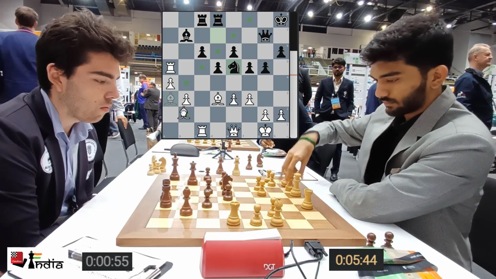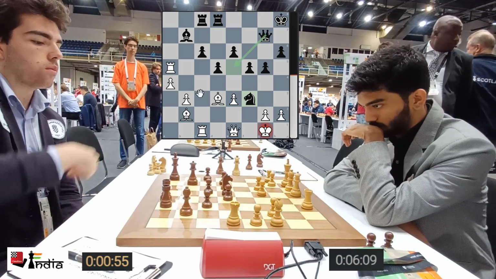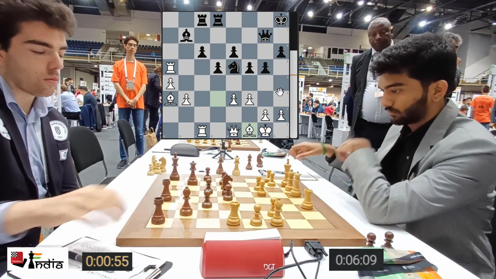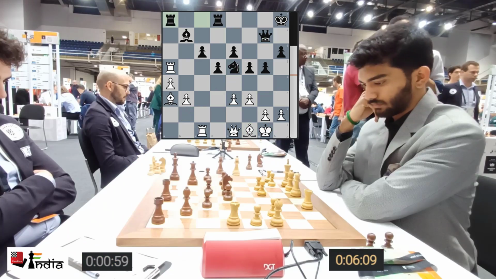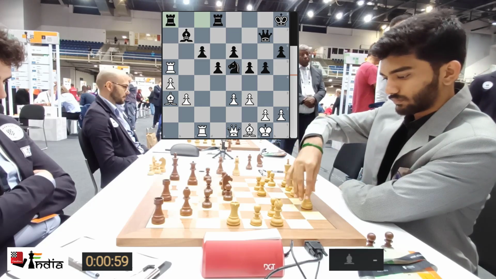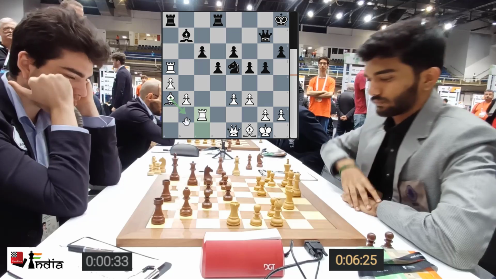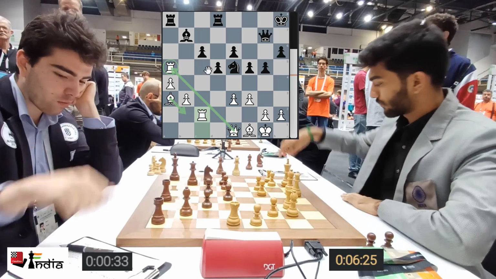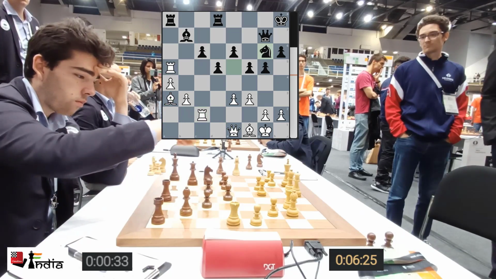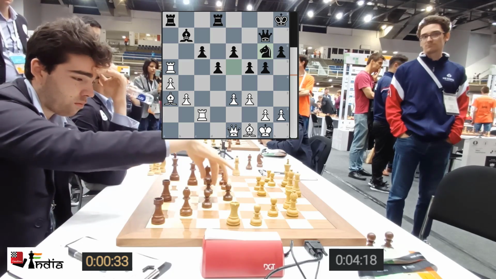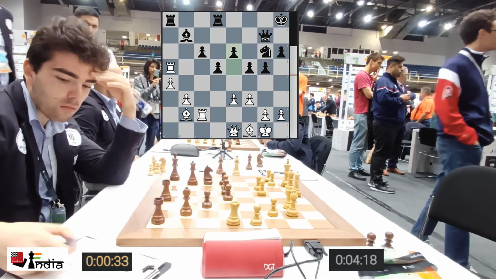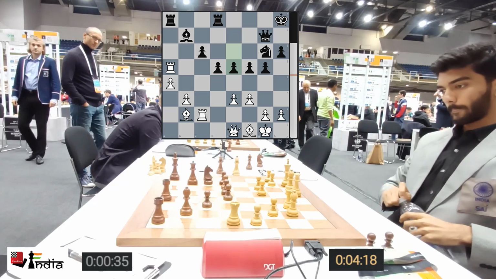And his threat is if you go bishop b2 to take check and to take the bishop. So Gukesh goes with his bishop back. Rook 8 challenging the rook there. And now very quiet move, rook c2, preparing bishop b2. Also the rook on a5 is defended. Knight g6 played. And he played bishop b2, e5.